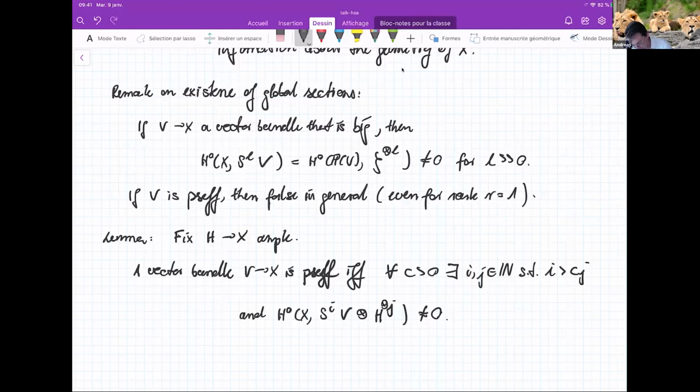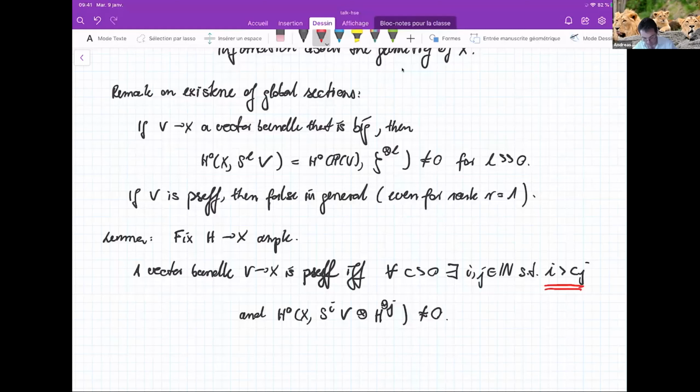But the trick is that here, since you assume that I is larger than C J, this basically means that I is much, much bigger than J. So what you did is that you only added a very small piece of ampleness to your vector bundle and you get global sections. So that's the idea behind this. And as you can see, this characterization is awful